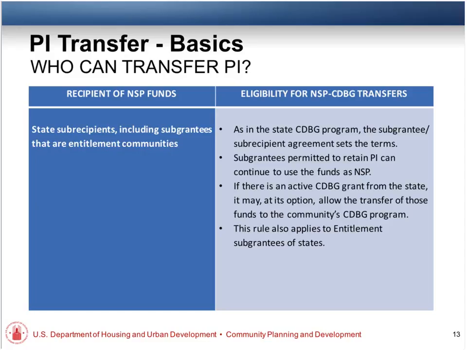So here's an interesting question. Since you can't capitalize a revolving loan fund from grant funds, only from program income, and if you have to shut it down in NSP and move it over to CDBG, couldn't you just start it back up over there? You could, but it would have different rules. Right, because you would have to be making grants to local government or loan. No, I think it has to be grants. The method of distribution would be covered under the regular state CDBG method of distribution. You would amend that to create the revolving fund.